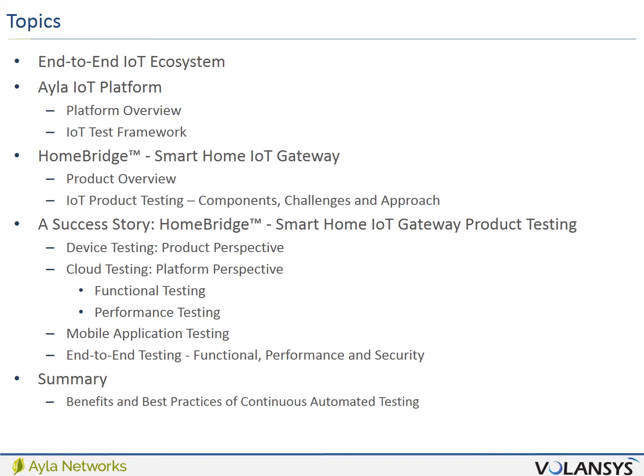Next, we will talk about four major areas of Homebridge testing: device, cloud, mobile, and end-to-end, from either the product or the platform's perspective. And in the end of this webinar, we'll summarize the benefits and best practices of continuous automated testing. Let's move to the next slide.